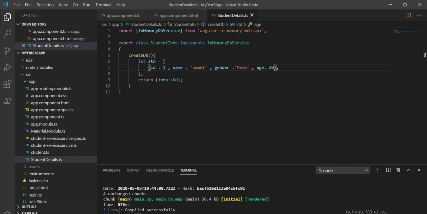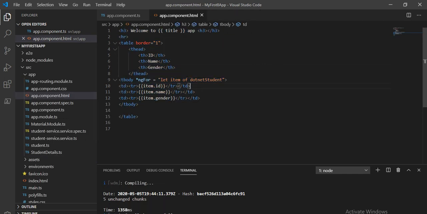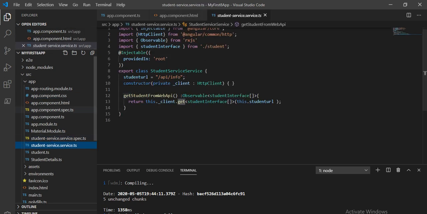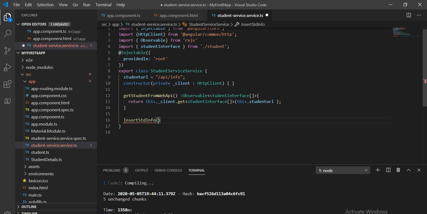Now what we have to do next is implement an insert method in the service. So let's create one insert method in this service. I will name it insert student info, and this is a method, and this method will take